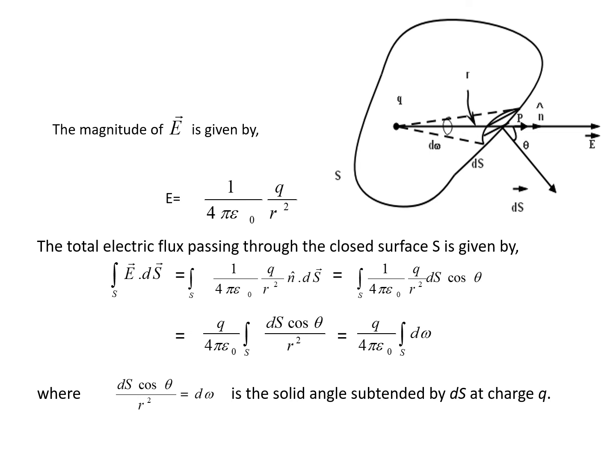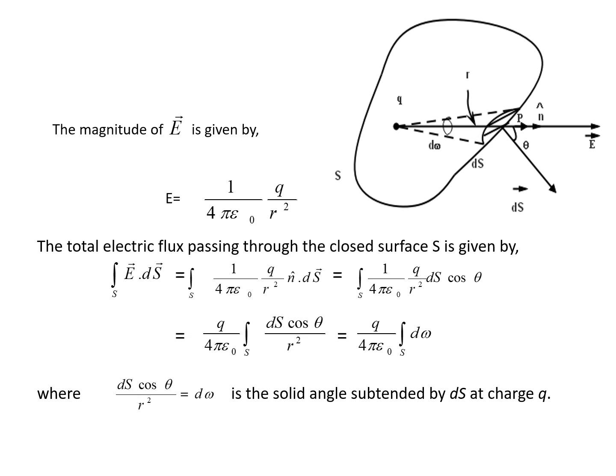is equal to integration 1 by 4 pi epsilon naught q by r square n unit vector dot ds vector, where the integration is over the whole closed surface area S. And simplification leads to integration 1 by 4 pi epsilon naught q by r square ds cos theta, because the angle between the unit vector n and ds vector, which is the area vector of the small area ds, is theta as shown in the diagram in the previous slide,